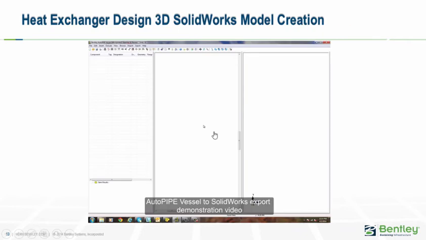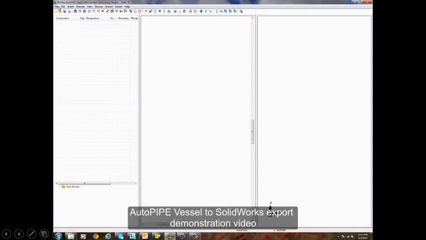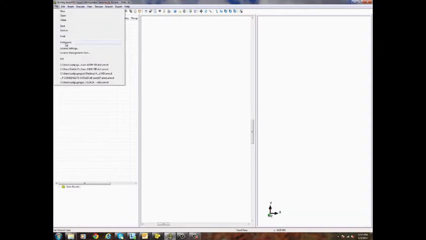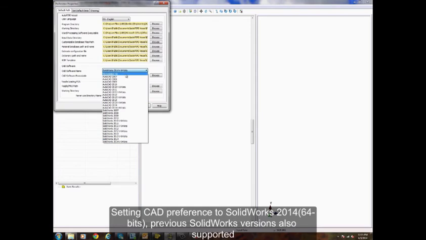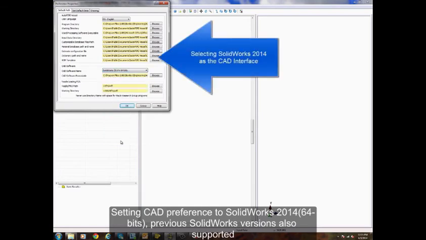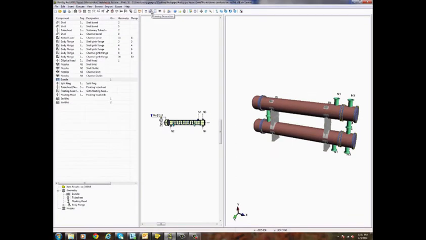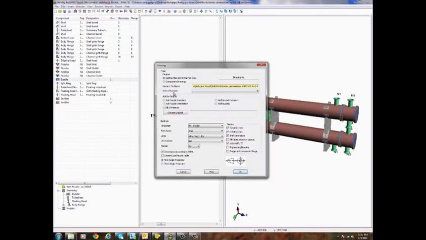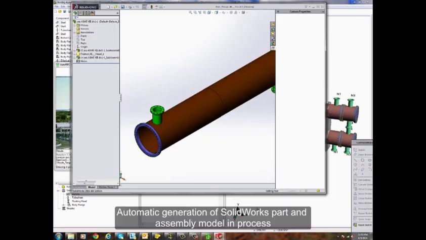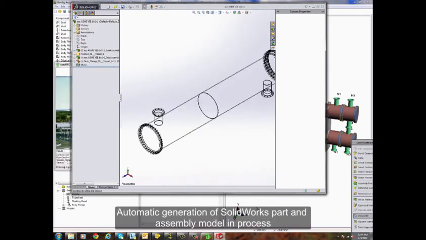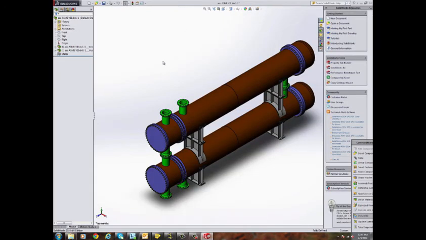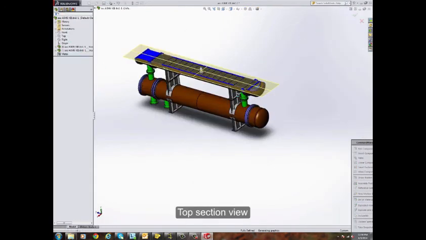The entire 3D model that you would see was automatically created in AutoPIPE Vessel from the exchanger design file. Just like we did for the previous model, we will first set the CAD preference. Using the file preference option, you will select SolidWorks, and then we will complete the design of the exchanger and then generate the drawing, which in this case would be SolidWorks 3D model. As you see, the components are being generated parametrically. The complete 3D model is now completed. You see the top section view,